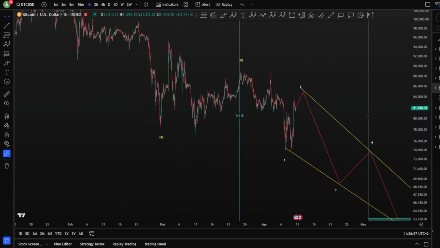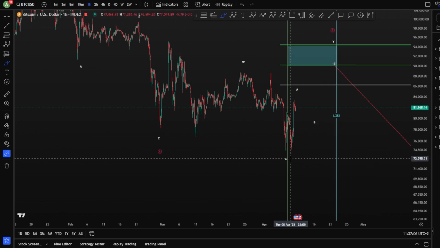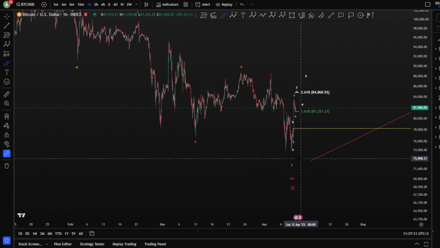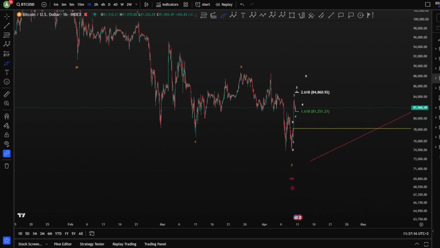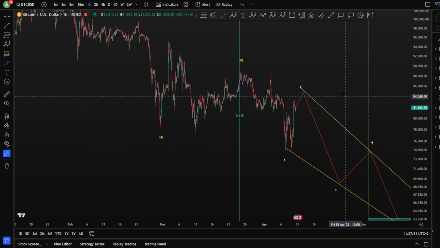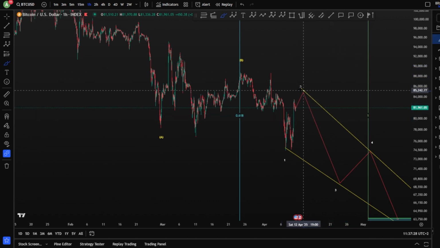Now, all the scenarios still require this one more leg toward the upside as a 1, 2, 3, 4, and a 5. For example, for this impulse, you have the W, X, Y, A, B, and a C. And of course, you have the W, X, Y, X, Z. You would like to finish an impulse and a continuation for any kind of flats here or triangle or W, X, and a Y. The final one, of course, I cannot give high potential, which is bearish still. Currently, we're looking for higher until, of course, we get many more signals in this area when we finish this